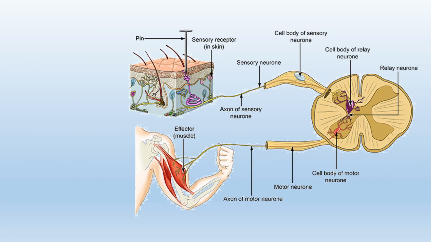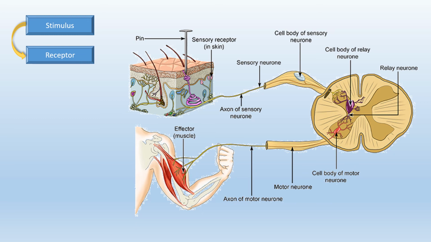A reflex action is an involuntary action which does not involve the conscious part of the brain and is controlled by the spinal cord itself. So let's see the example which is shown over here in this diagram. A pin pierces your skin by chance while you were working on the table. Let's see what happens. This pin is the stimulus